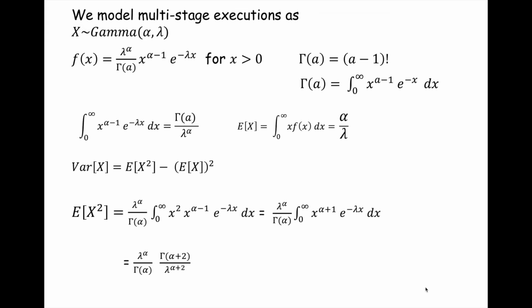I do that, I still keep my leading coefficient, and now I have the following expression. I have lambda to the alpha power in the numerator. I have lambda to the alpha plus 2 power in the denominator. And because I'm multiplying those two fractions together, I can reverse the denominators. It's not addition, it's multiplication. So I say lambda to the alpha over lambda to the alpha plus 2 multiplied by, and in the numerator